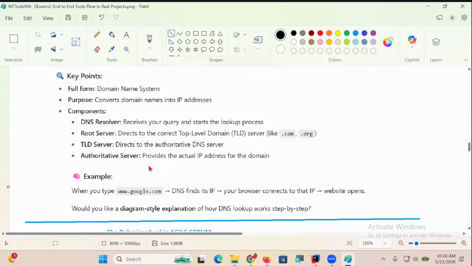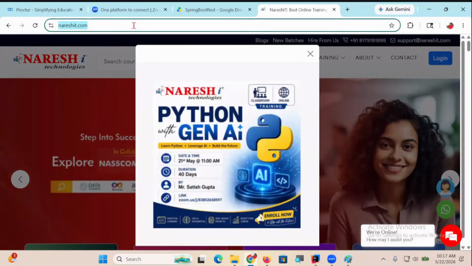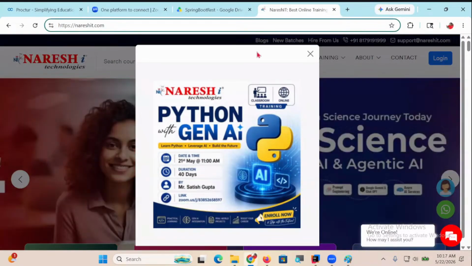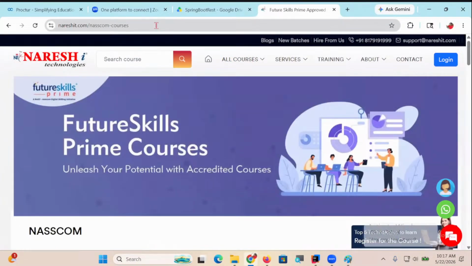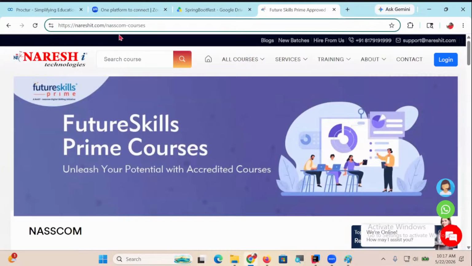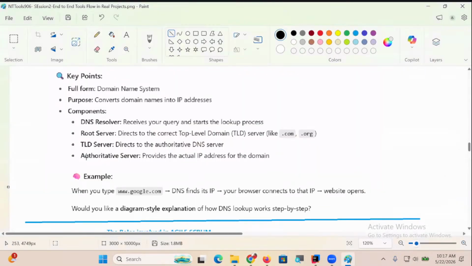See, so many things are happening when we type. You just type nareshit.com, right? Okay, but you see, a big URL has come now, my dear. You type something here, you select something, NASCAM courses, right? But this is not the original URL. You know, while learning Servlet JSP, HTTP, host name, port number, slash, domain, slash X, slash Y, slash Z, something like that we have taken, guys. Come on. When you type google.com,